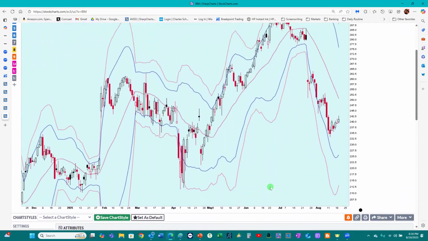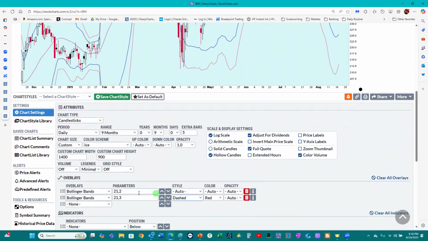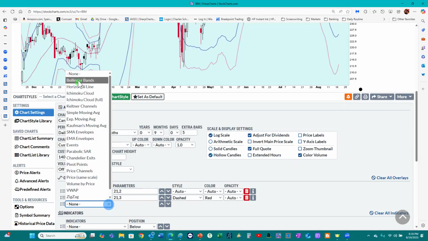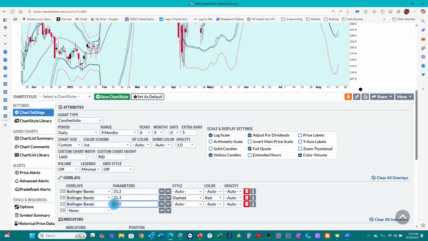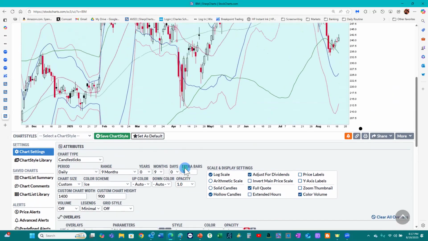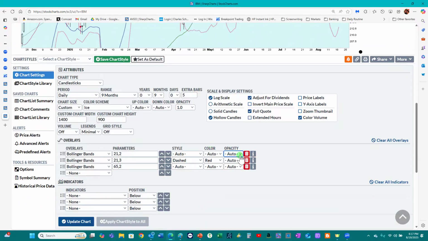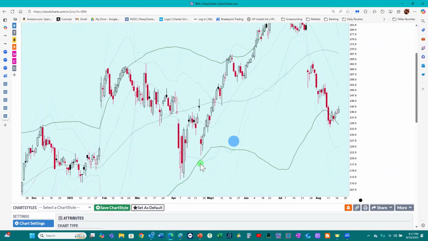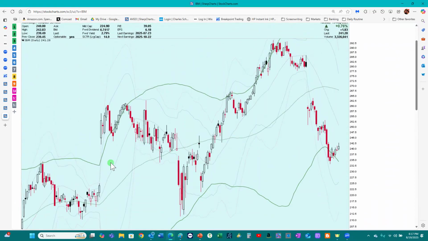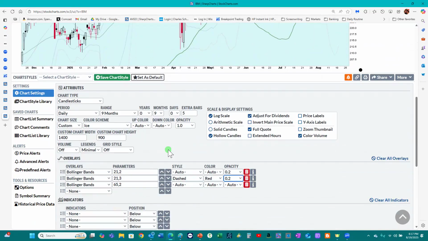Now, there's one other way you can do this, and that is rather than 21 EMA, you can change the length as well. So now let's do Bollinger Bands. In this case, let's use 65. 65 typically is a 1-week Bollinger Band, and we'll use 2 standard deviations in this case. So now you can see that is the green lines over here. Let me reduce the opacity on these, and I'll make the green one stand out. So now you can see the weekly standard deviation